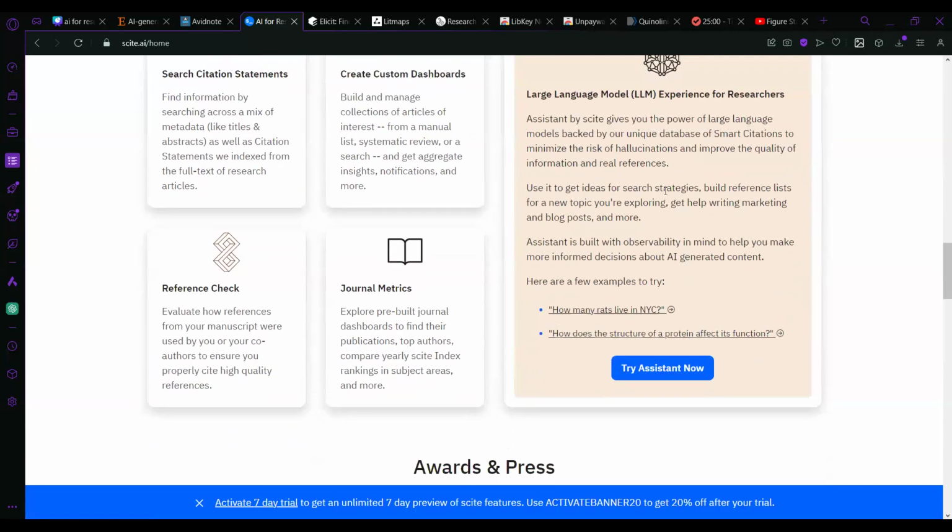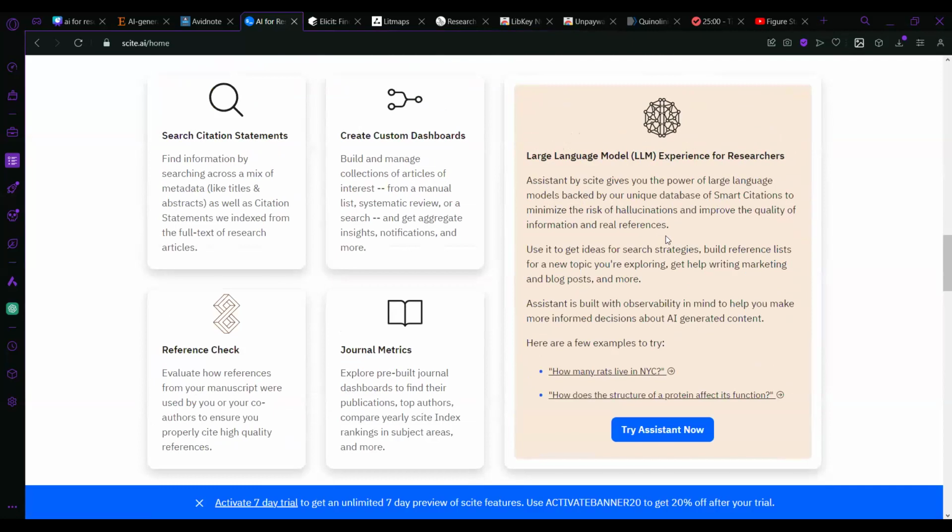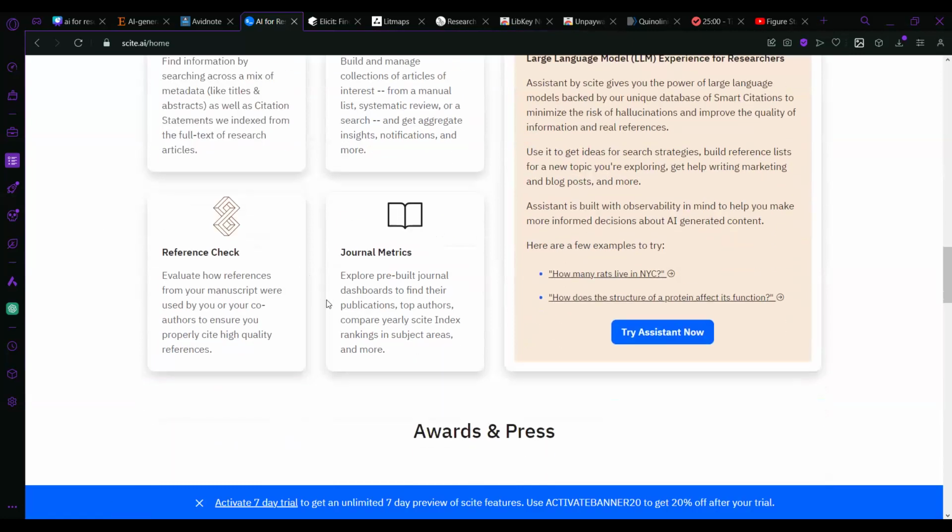It also has a language model, which is basically like ChatGPT. So you can ask it how to, like, help you paraphrase something, help you write something. So yeah, it's quite interesting.